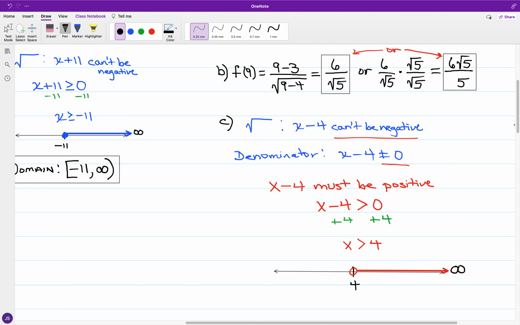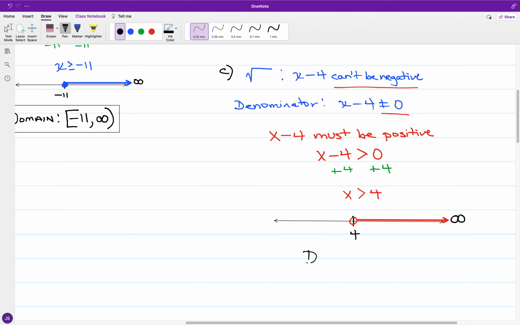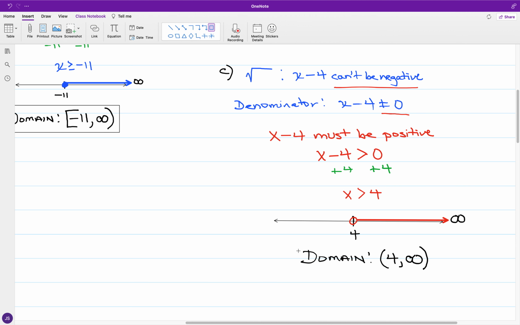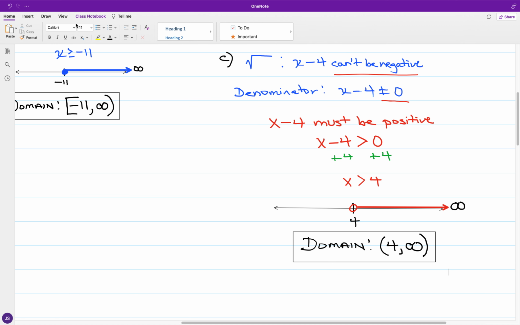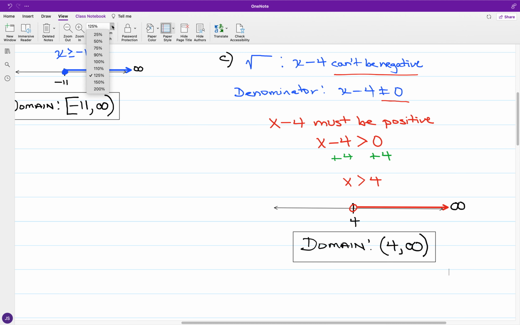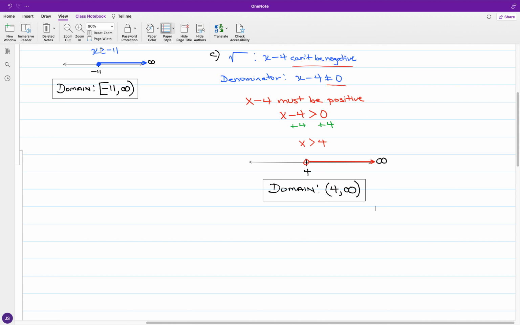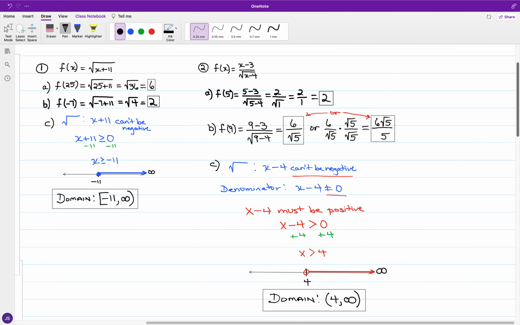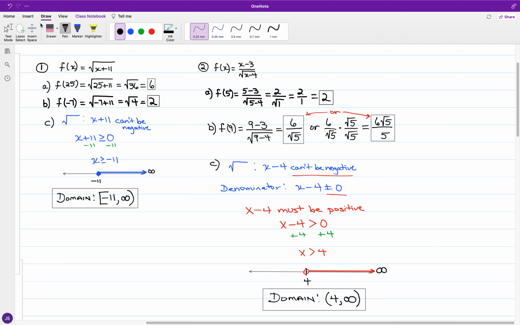And for this function, expressing in interval terms, for the domain, we have starting past 4, with an open parenthesis, we have 4, and going out to infinity and closed parenthesis. And so that would be the interval notation for the domain of the function described in problem number 2. Alright, now looking at the next set of items,